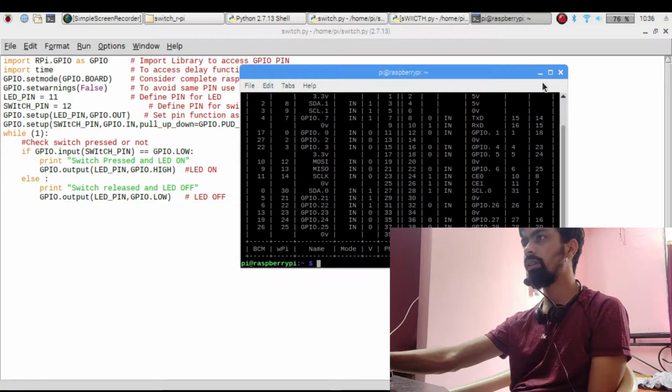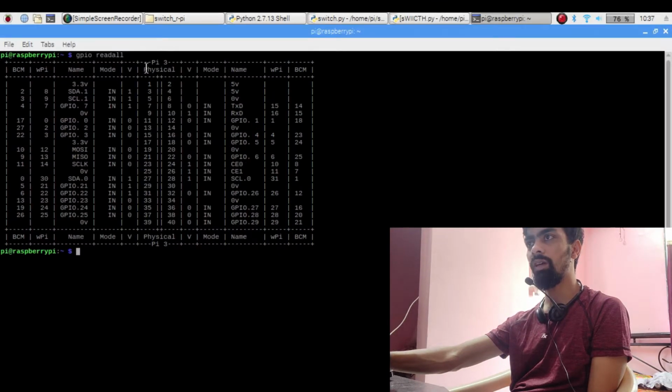After that you will see the physical and BCM columns. If you use the Raspberry Pi in BOARD mode, you use the pins listed under physical, and if you use BCM, you use the pins listed under BCM.